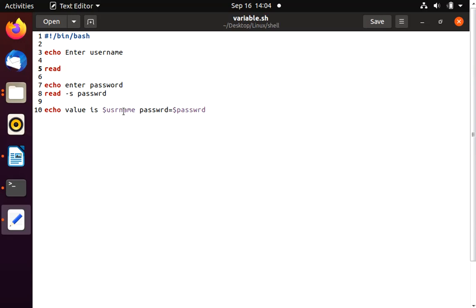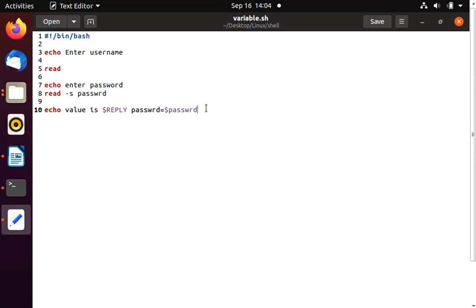So here, instead of username, I will use that particular variable, REPLY. Whenever you don't use a variable name after the read command, the value will be stored in this REPLY variable, and if you print it, it will print that value.